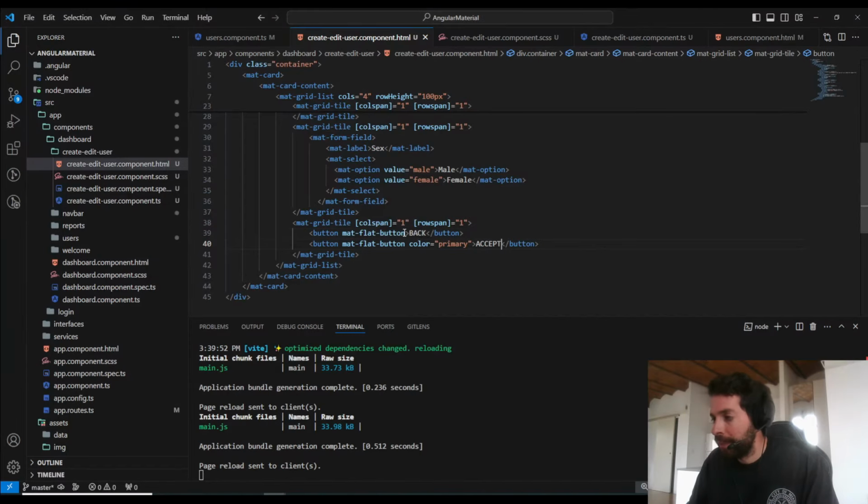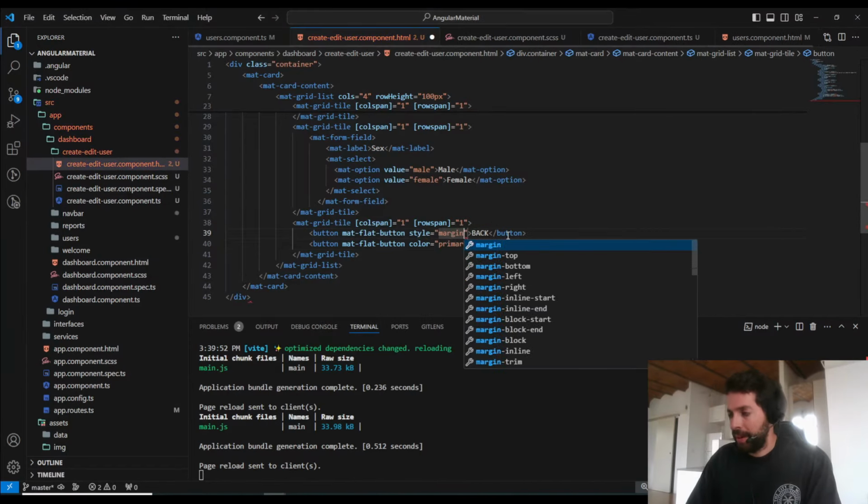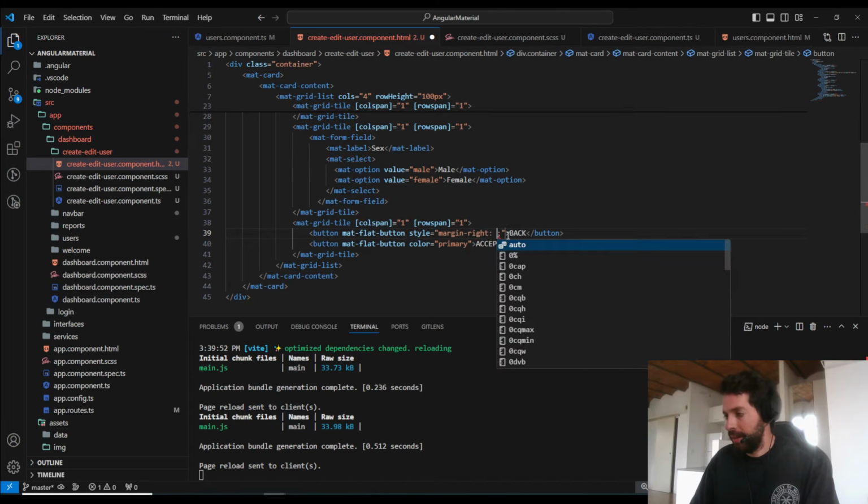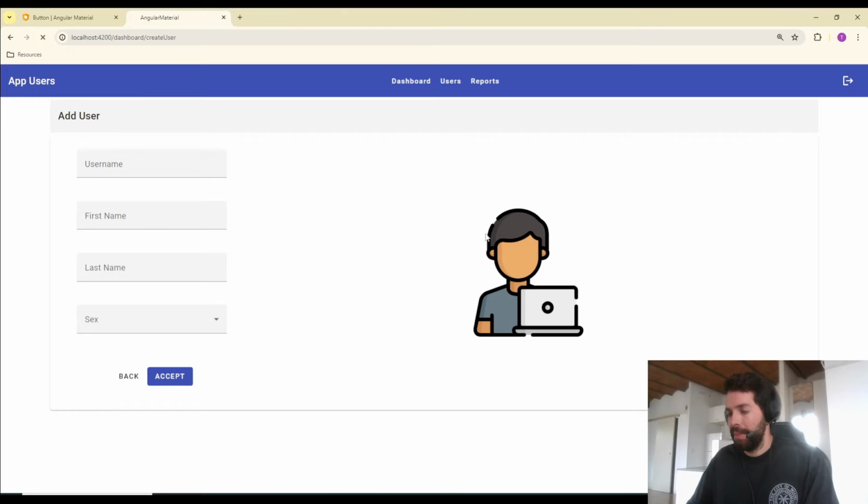I will put a margin right to separate them a little, 5 pixels maybe. Okay, and here we have the two buttons, and the last thing that I will do in order to finish